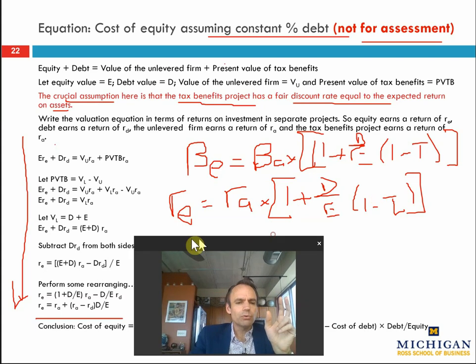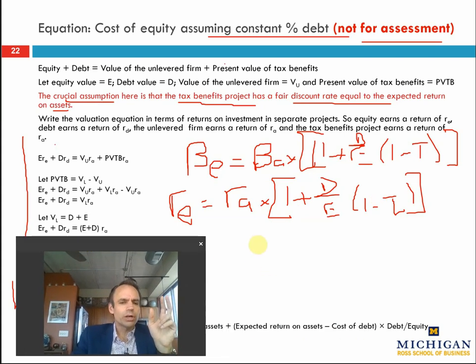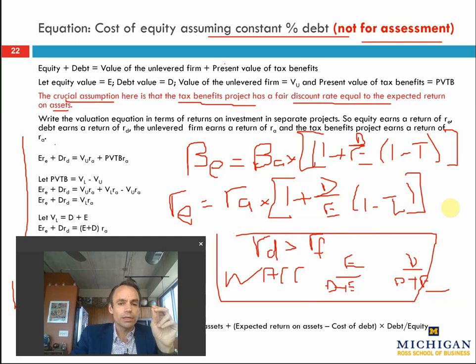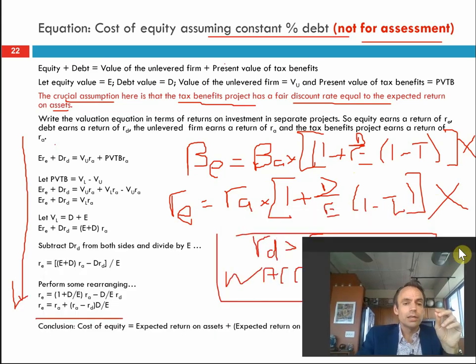I guarantee you that in almost all of your valuation models, you're going to assume that the cost of debt is above the risk-free rate, and you're also going to assume that we're going to hold a constant weighted average cost of capital, and within your weighted average cost of capital, you're going to have the equity on debt plus equity and debt on debt plus equity remain constant in percentage terms over time. Both those assumptions that you're going to make in your modelling are inconsistent with these two equations. So stop using them.